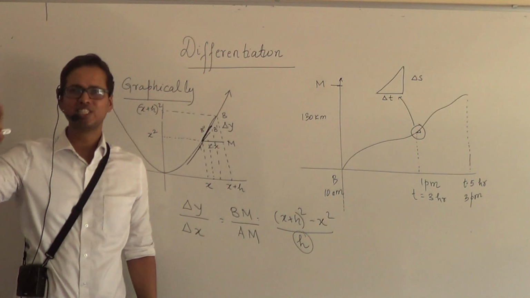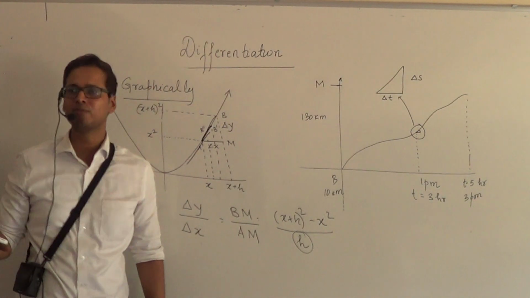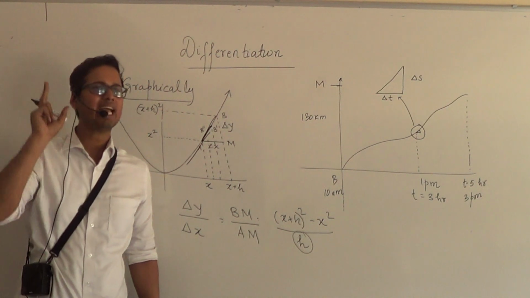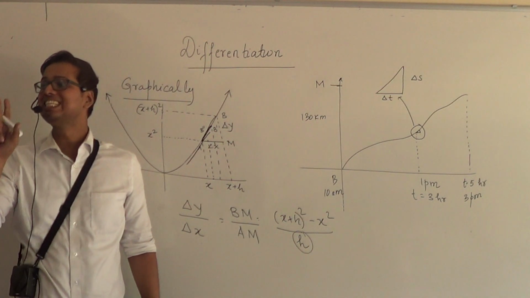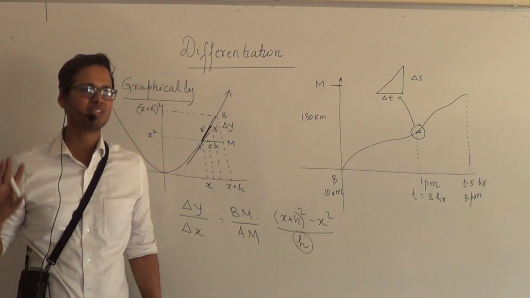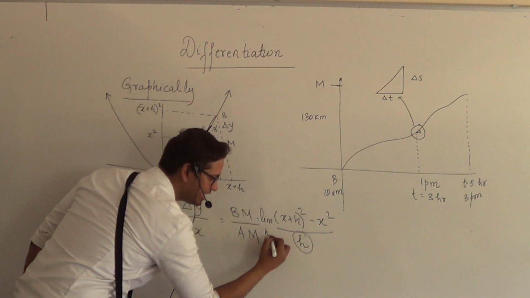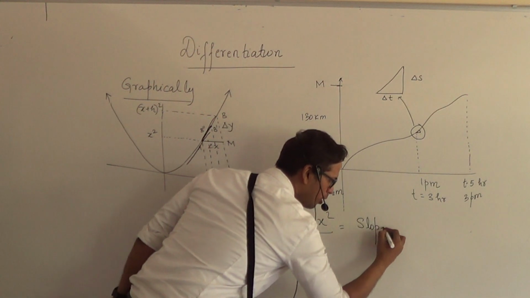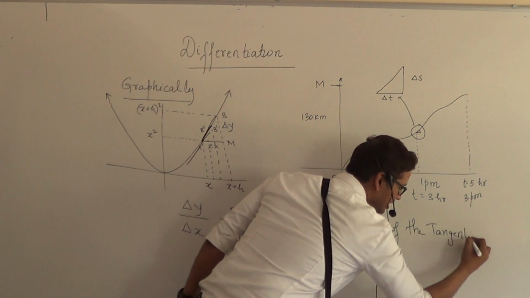Now guys, listen to me very, very carefully. This is going to be the most important statement that you will hear from me in maths. The derivative of a function at a point x is nothing but the slope of the tangent drawn at that point. I'll write it down also. So when I say the limit h tending to 0, basically I obtain the slope of the tangent drawn